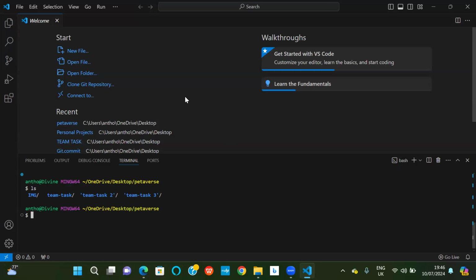Actually, you named your folder "team task space 2". For security reasons, that is kind of dangerous. You should always make sure there is no space in the name of your folder.